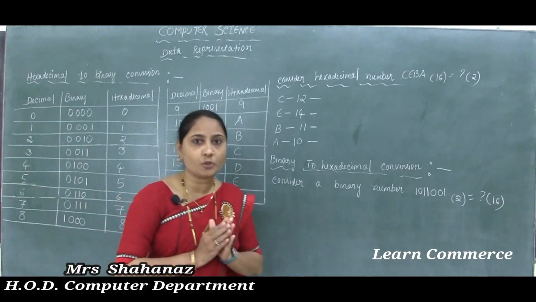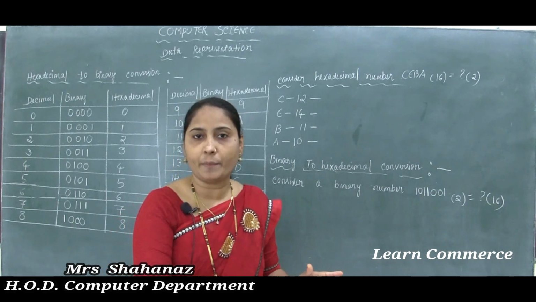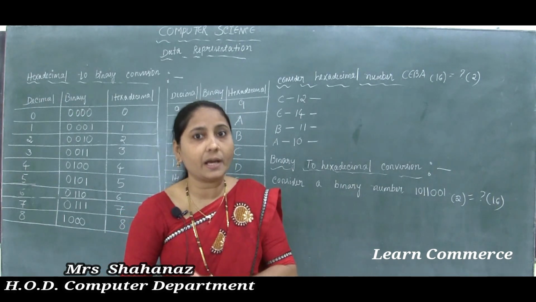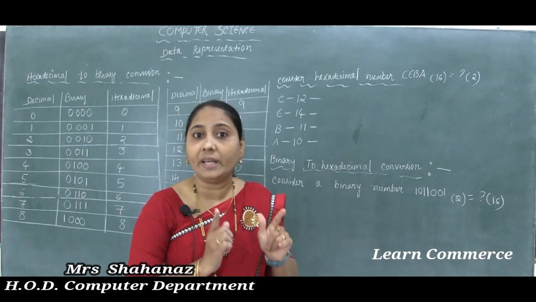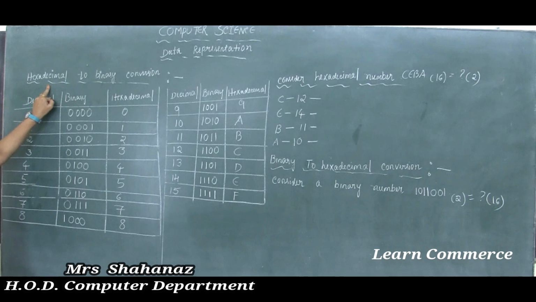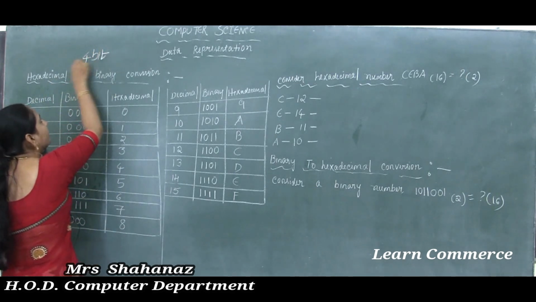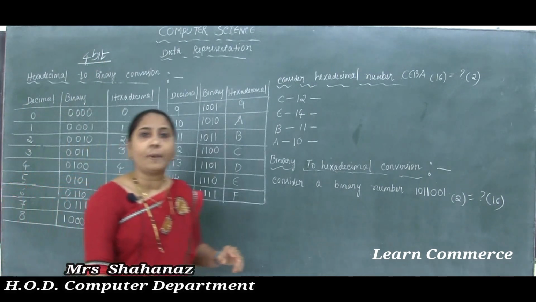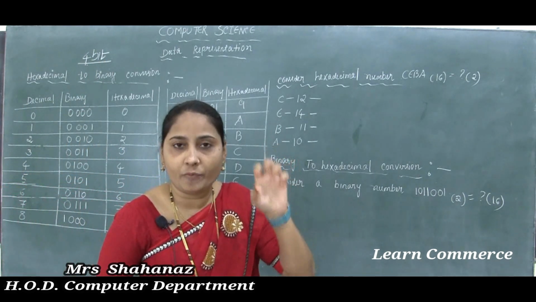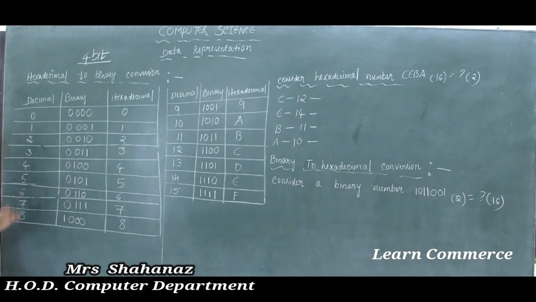That means to convert any number from hexadecimal to binary, we need to replace each hexadecimal digit with the appropriate 4-bit binary number. Clear this point here? With the appropriate 4-bit binary numbers. That means in one group we need to use 4 bits. Clear this point here? Now before going to convert any number from hexadecimal to binary,